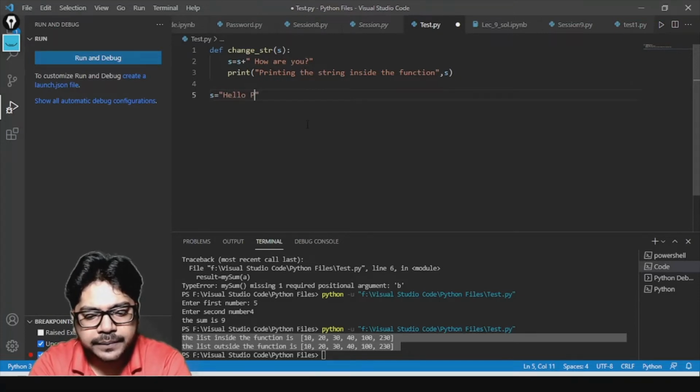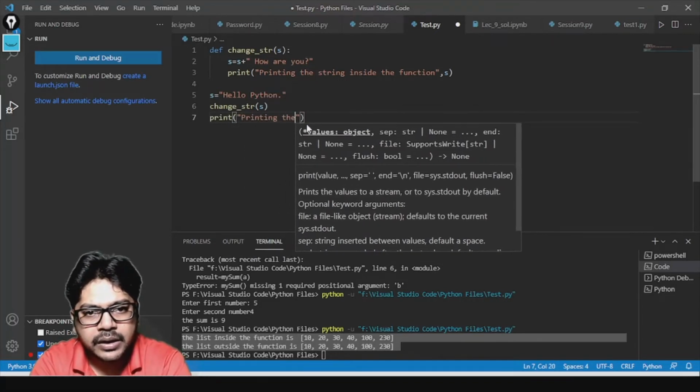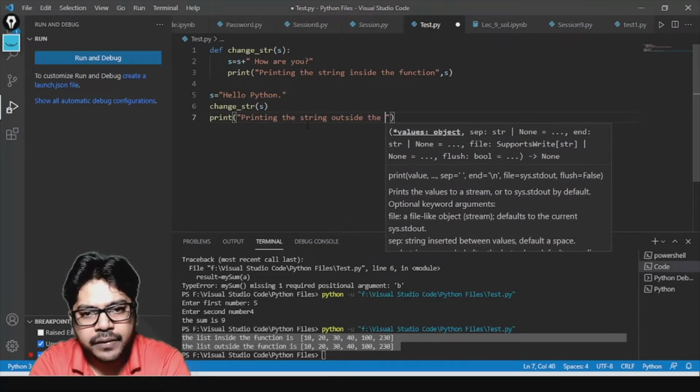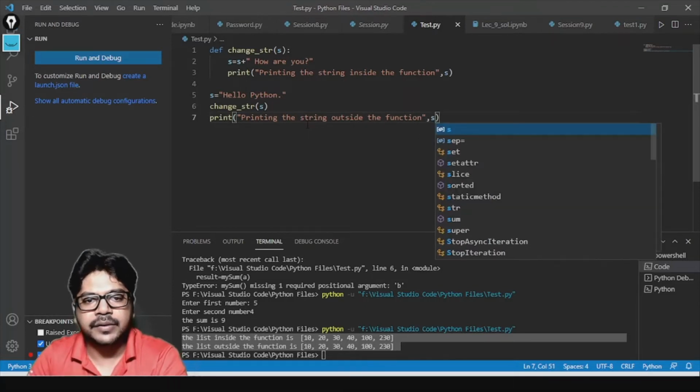Now I'm going to call the function change_str and pass this string object that we have created, and now I'm going to use the print statement again, printing the string outside the function, and now I am printing this s.